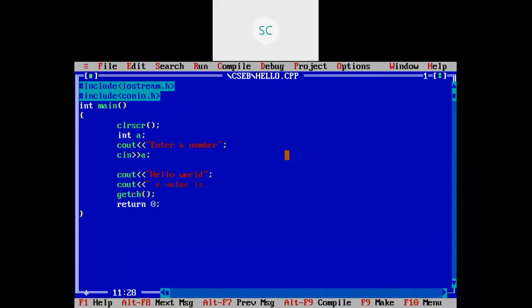Then within the same statement you can write one more insertion operator and give a. After the hello world statement, it will print the message "a value is" plus the original value. Just saving this file.